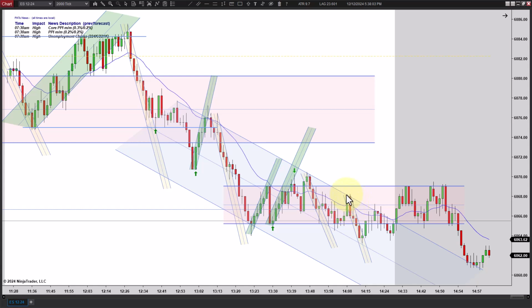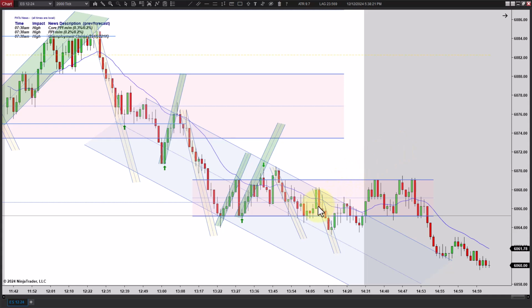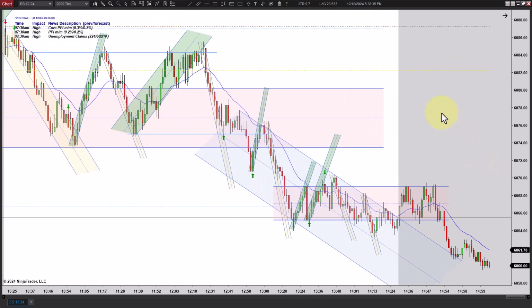And then this one turns down right off the key entry point where you would expect to get an entry, but it's right into all that support. And there's too big a chance it bounces there. Notice how it does bounce there. It ends up pushing through momentarily, but it's getting late in the day, and you just can't go short into that kind of support without room to get out of it. Again, in this case, it works, but it doesn't go very far, and it's failed and comes back. And it doesn't give you a chance to go short or long out of there after that, and that takes you into 230.